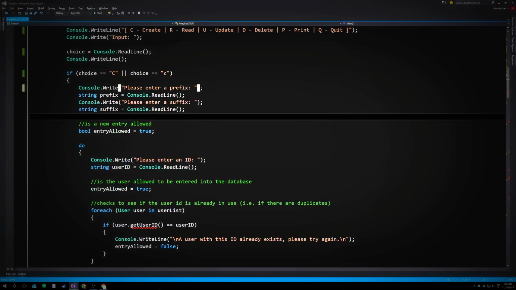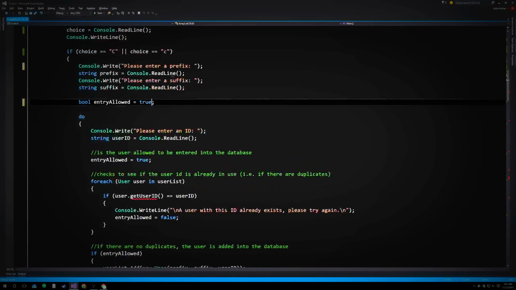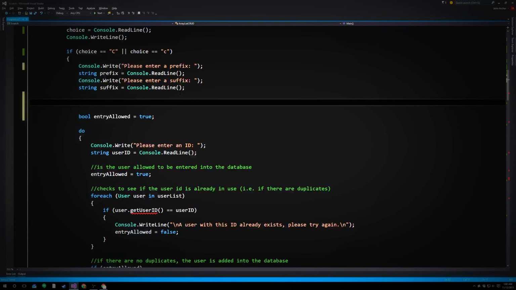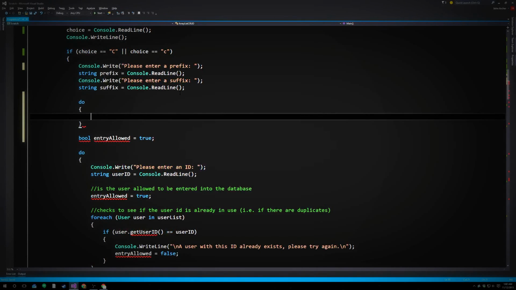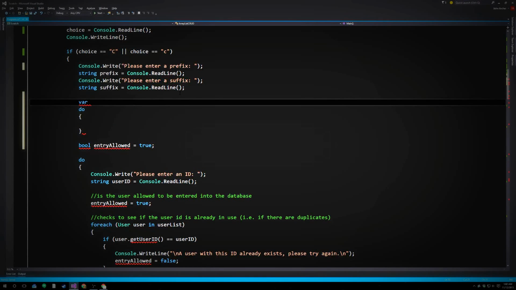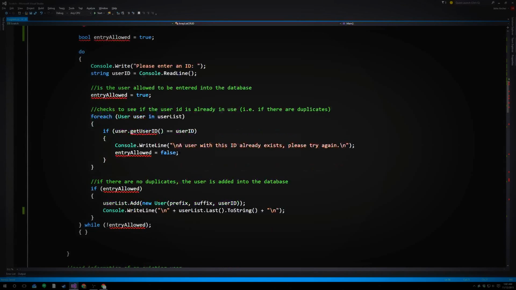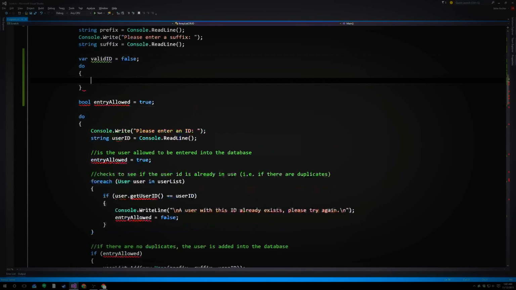Entry allowed. That is just a weird place to put that. So what we're going to do instead is I'm just going to say valid ID, because that's what you're actually talking about, is the ID valid? And the ID is valid if it's not already in the database. So to me, you get the ID first. What you do here is you get the user's other data, and then you add the